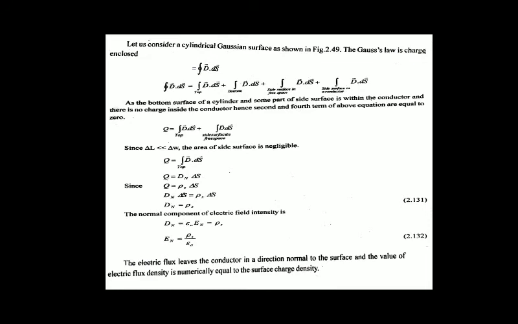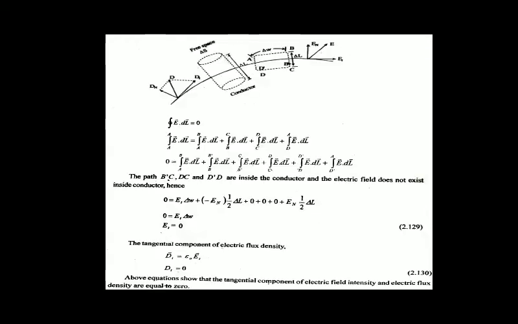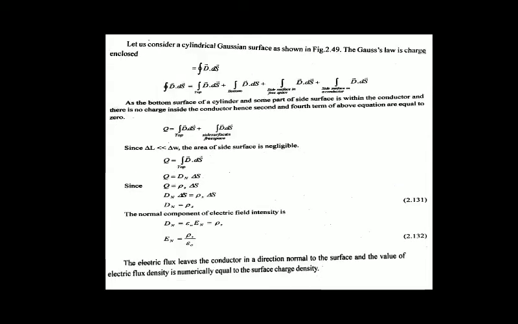So in this section we will discuss the normal component of the electric flux density and electric field intensity. Basically, in the previous section we only discussed the tangential component of the electric field for free space and conductor boundary conditions. Now we will discuss the characteristics of the normal component of the electric flux density and electric field intensity.